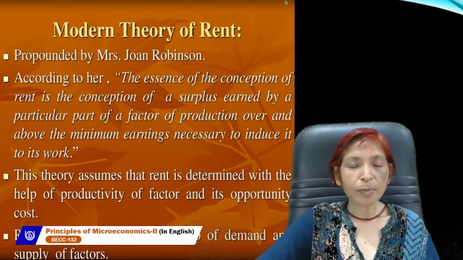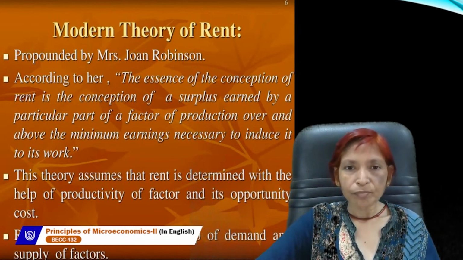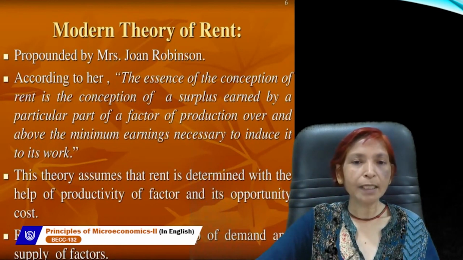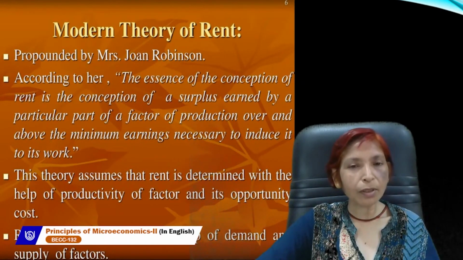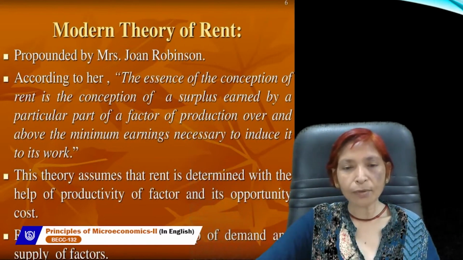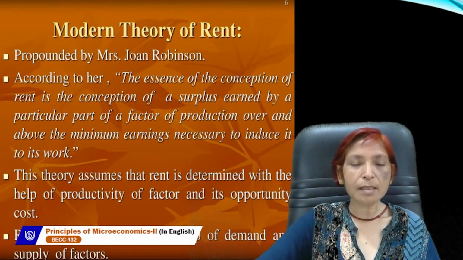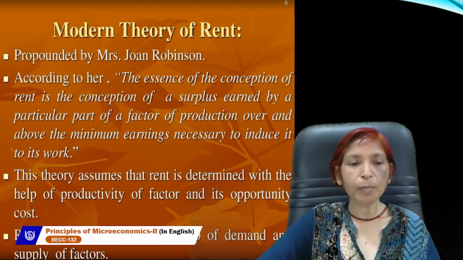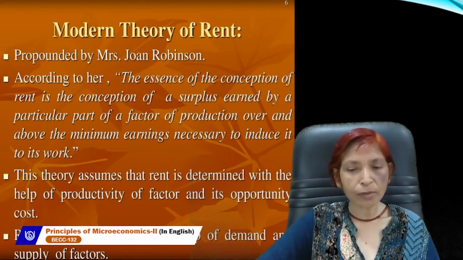The traditional theory of rent was propounded by David Ricardo, and according to David Ricardo, rent is the reward only for using land. But the modern theory of rent was propounded by Mrs. John Robinson. According to John Robinson, the essence of the conception of rent is the conception of a surplus earned by a particular part of a factor of production over and above the minimum earning necessary to induce or motivate